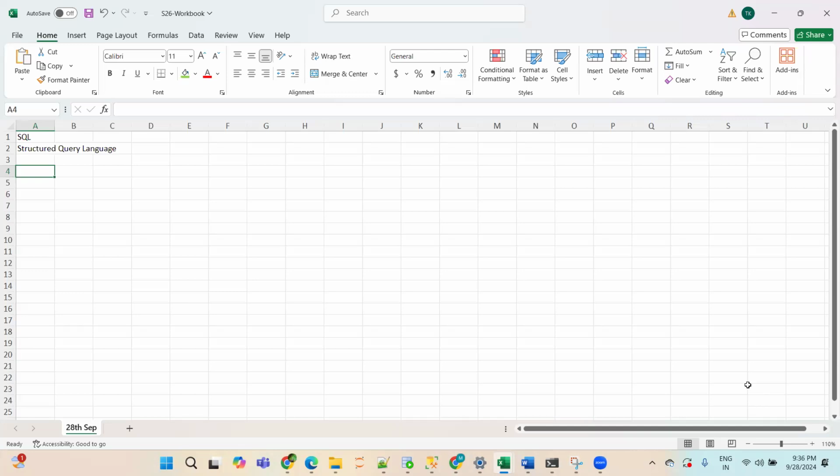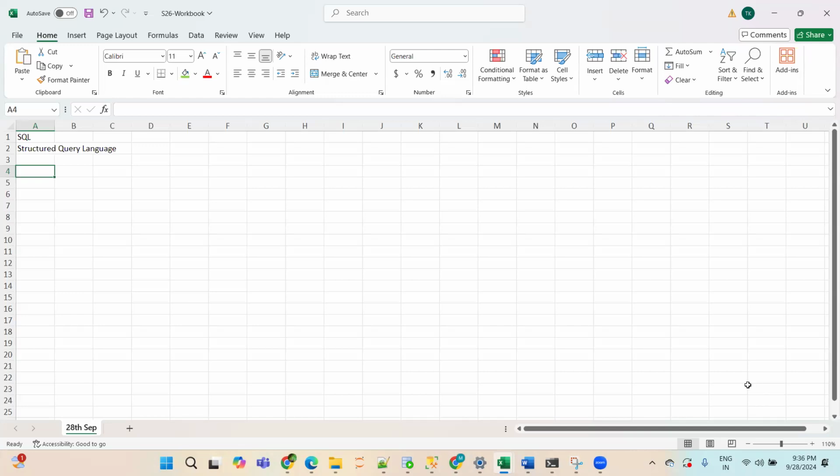Now I will start from scratch. All those who already know SQL, maybe you might feel bored, but I will start from scratch. Let's try to understand the typical task of a data analyst. Suppose I'm working as a data analyst for a particular company, so I have to extract the company data, like what was the profit in 2024 quarter one.